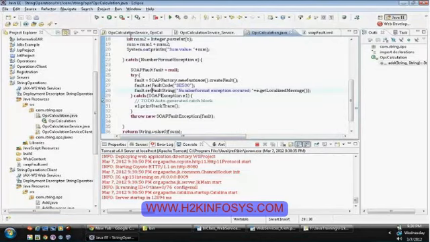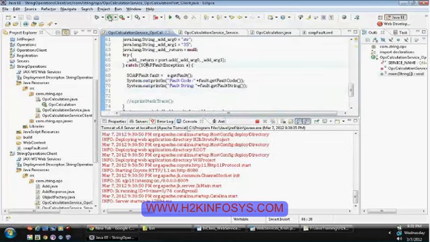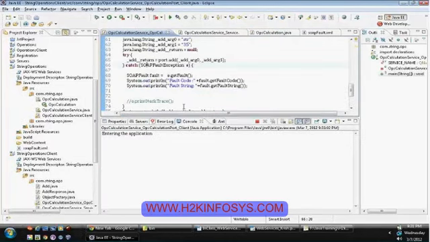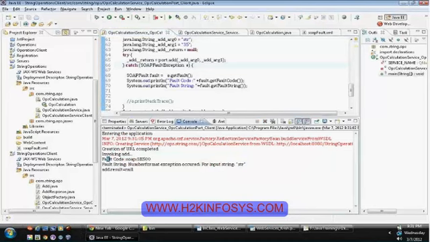Now go and execute our client. Here you can see the fault code that was written as SOAP:SE500, which was set on our server side.